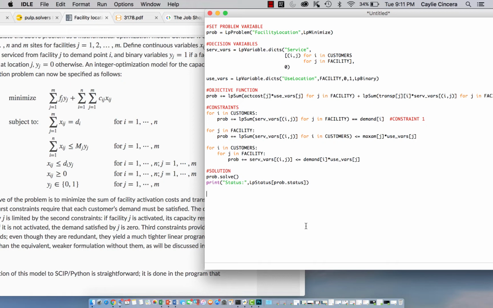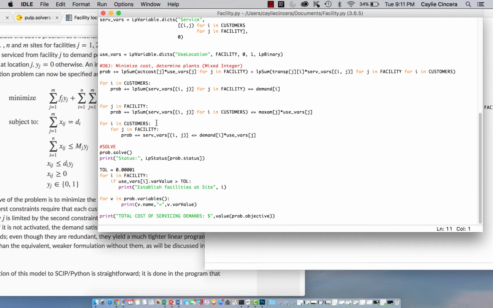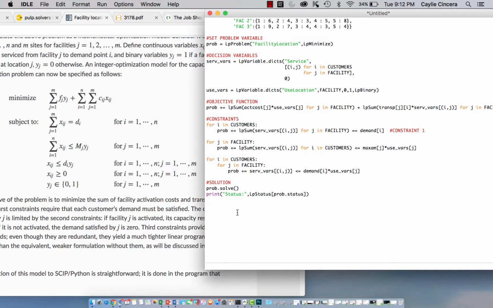And then the next thing, we want to print which facilities were chosen. So in other words, we want to print our binary variable, that was this one. Did I set a tolerance in this one? Let's go ahead and set a tolerance, just in case something goes wrong, 0.00001, and we're going to say for i in facility, because we are printing our facility decision variable, so we want to say if use_vars[i]